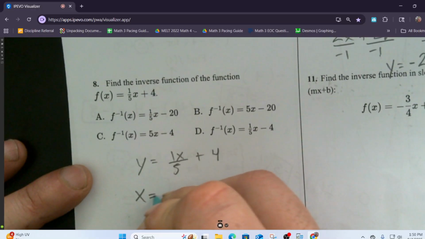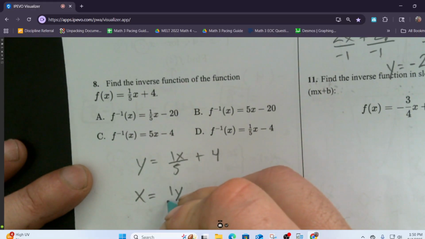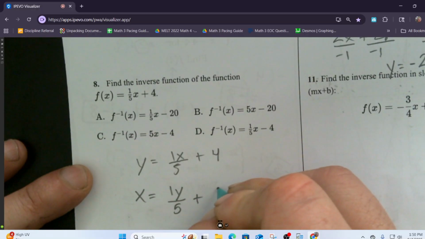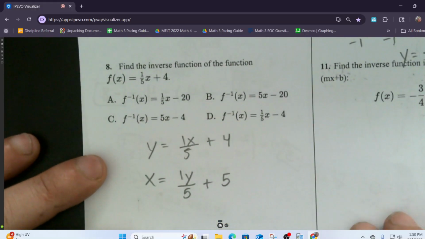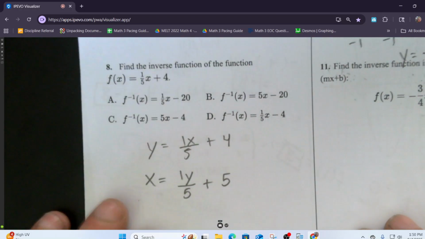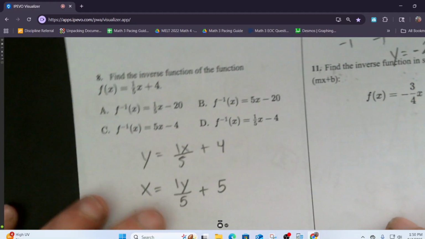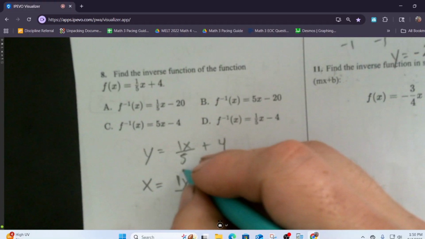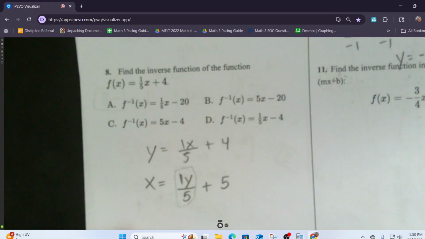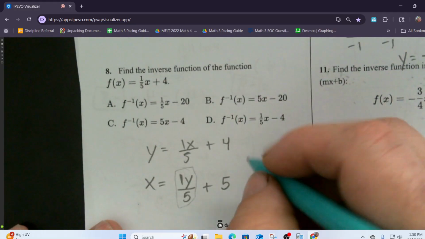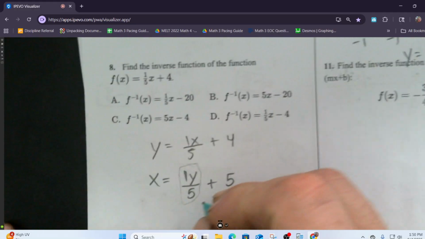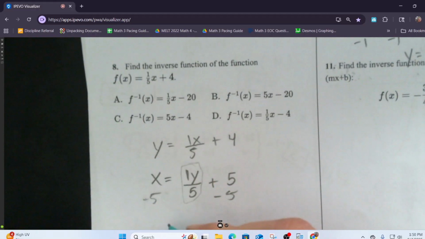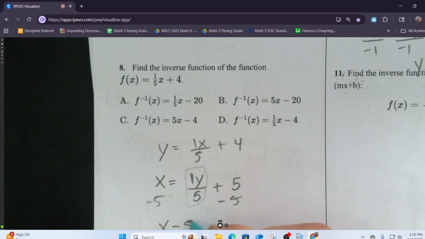Then the second step is change the position of your variables with x and y. Now, we want to leave this to the very end because that's got my variable in. I'm trying to get it by itself. So I'm going to subtract 5. So x minus 5 equals